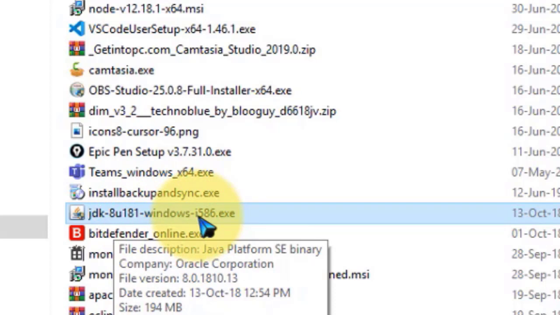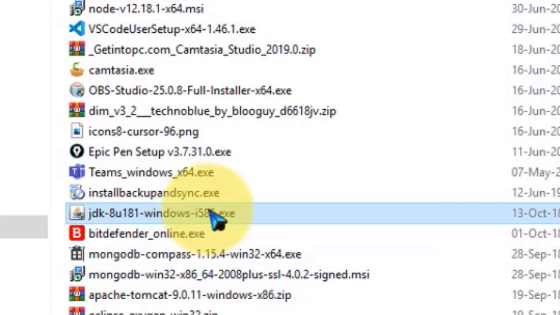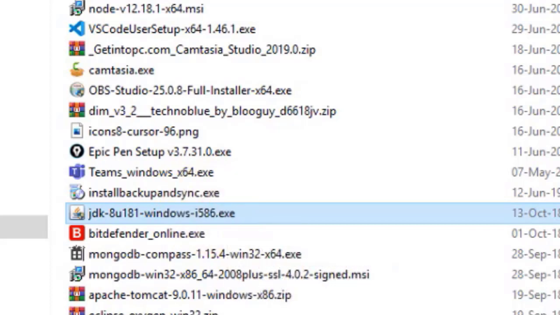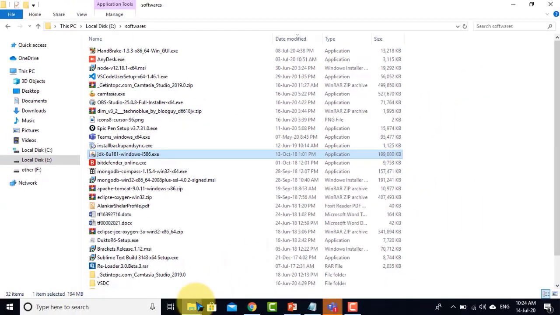I have not installed this. I have the 64-bit one also, and I already installed it, so I will show you. This is an exe, you double click on it. On Windows it is very easy to install, right? Just double click, next, next, next, and it will install on your system drive. Now I will show you where it is installed.